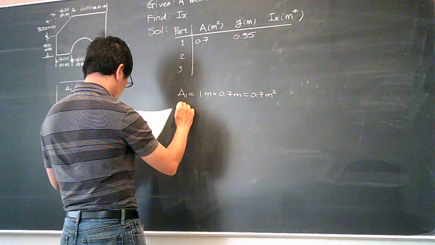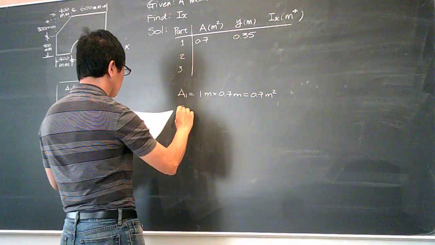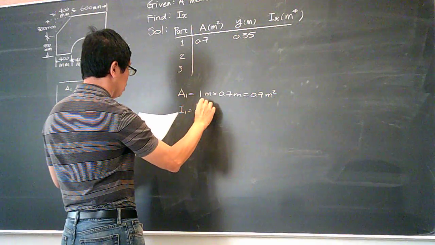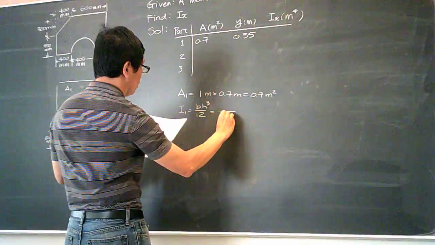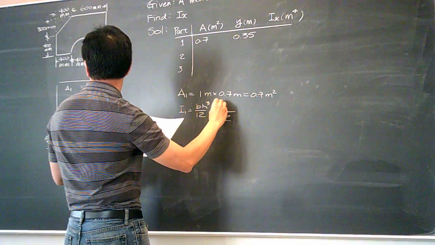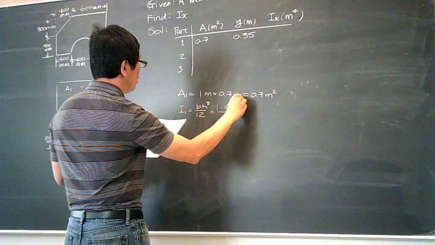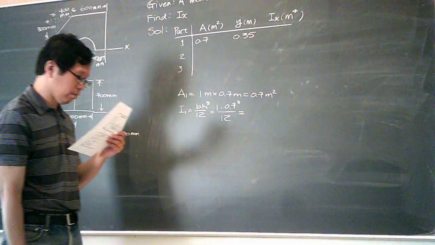We just do I1. E is 1, H is 0.7 cubic, so I have